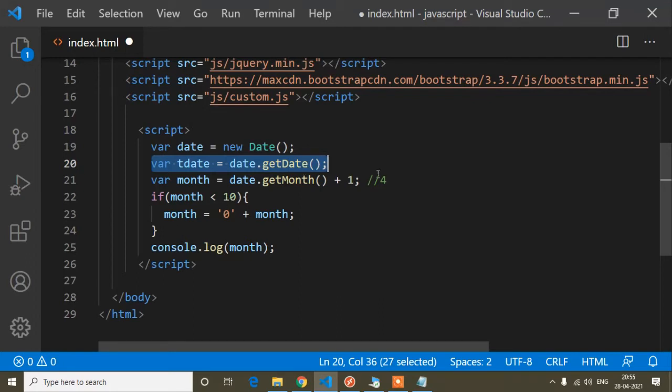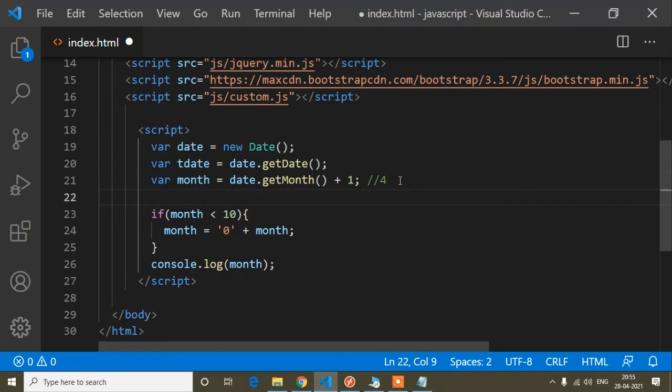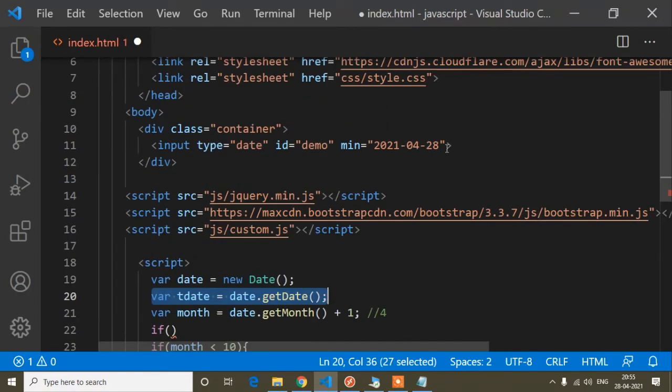So in the same way here I will write another condition, that is if this tdate, because inside this tdate I have gotten this one.